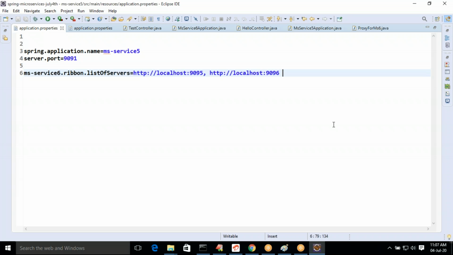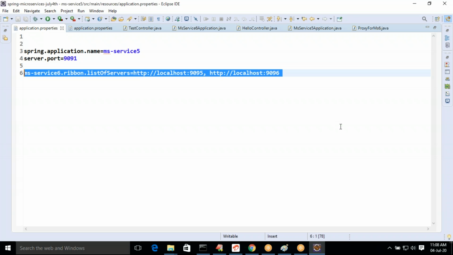We are achieving load balancing, but it's not very dynamic. Whenever you are adding a new instance, you need to restart the application. Whenever you are removing the existing instance, you are restarting the application. This should be rectified. To rectify this, we have to use Eureka naming server. Through Eureka naming server, you can deploy any number of application instances in the Eureka. Dynamically, whichever is available, that will be considered by ribbon.